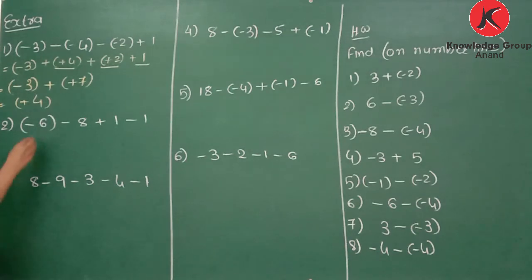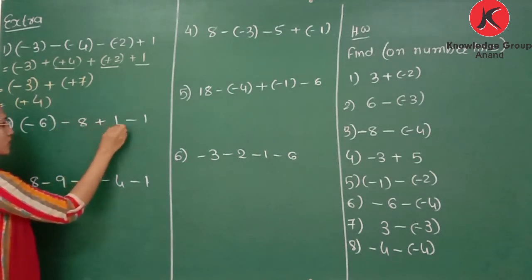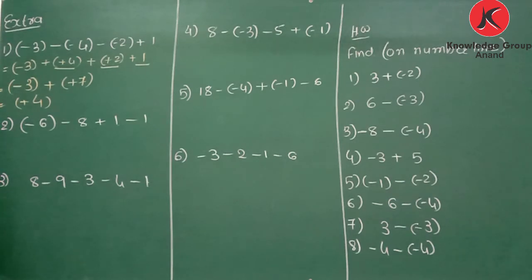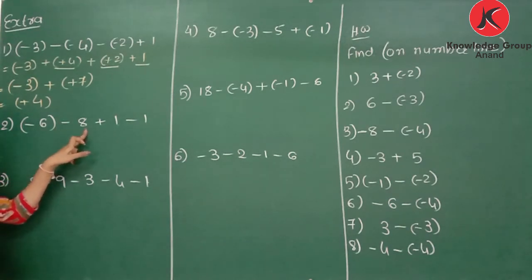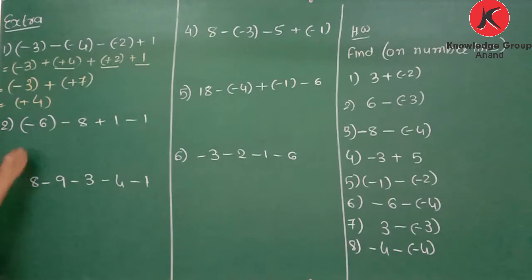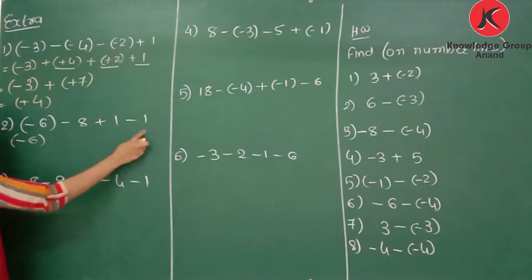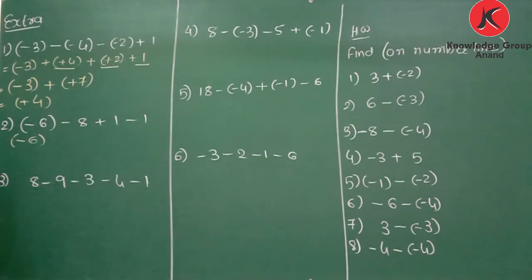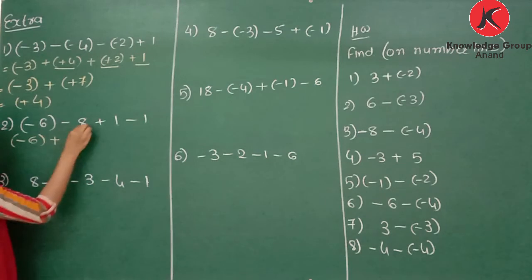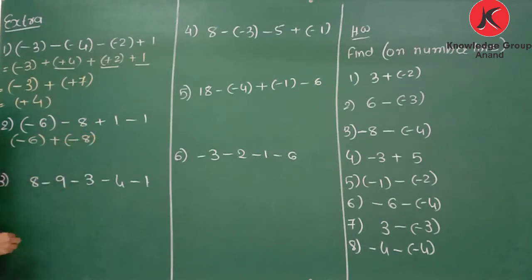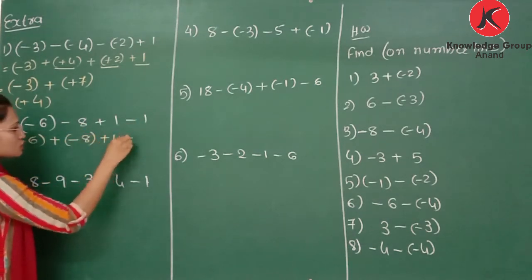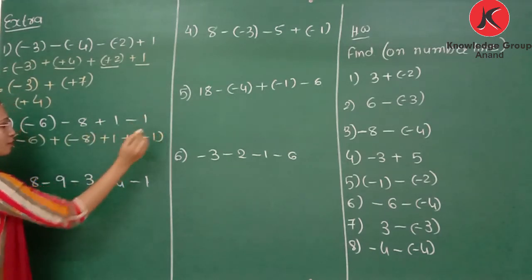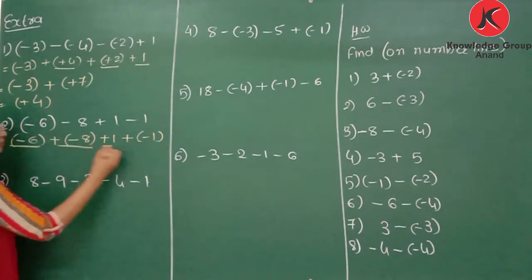Now the next one. Minus 6 minus 8 plus 1 minus 9 minus 1. Now here you can consider this a minus sign to 8, or you can change the sign. When you learn in the 7th standard, then you can directly write it as minus 8 and minus 1. But here in your textbook only the concept of additive inverse is given. So we will solve the example using that. So minus becomes plus, 8 is positive becomes minus 8, plus 1, this is minus so becomes plus, plus 1 becomes minus 1.